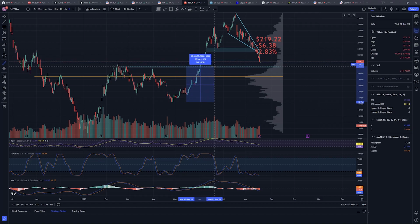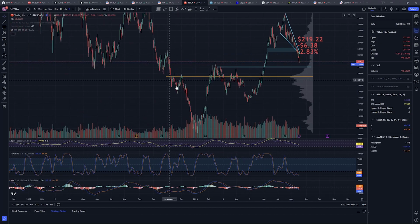Are you getting to that point where you're thinking about adding more shares? I do wonder if this is going to get to that point where you feel like you need to dip your toes in the water for a little bit more exposure to Tesla. But let's say we get into our little predicted green box. If this was to sell off, you would be realizing about a 38% gain if you bought from the lows